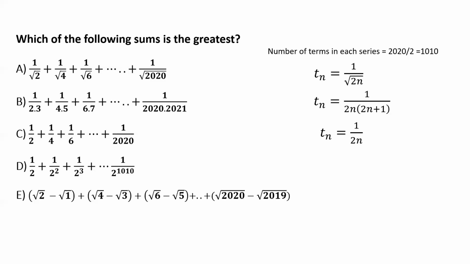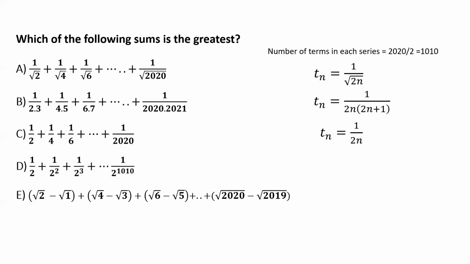So obviously for integer values, it's likely that root 2n is going to be smaller in value than 2n, right? When you take a square root of an integer number, usually the number diminishes in value. So the denominator of the nth term of option A seems to be lower in value than the denominator in the nth term of option C. So from this we can conclude that even comparing between options C and A,